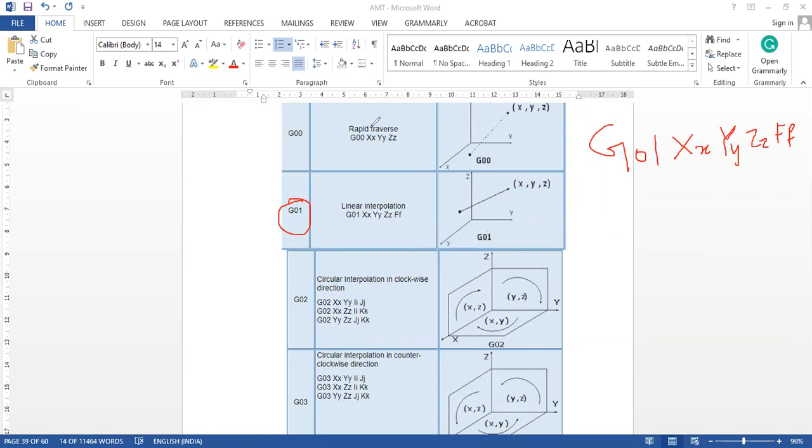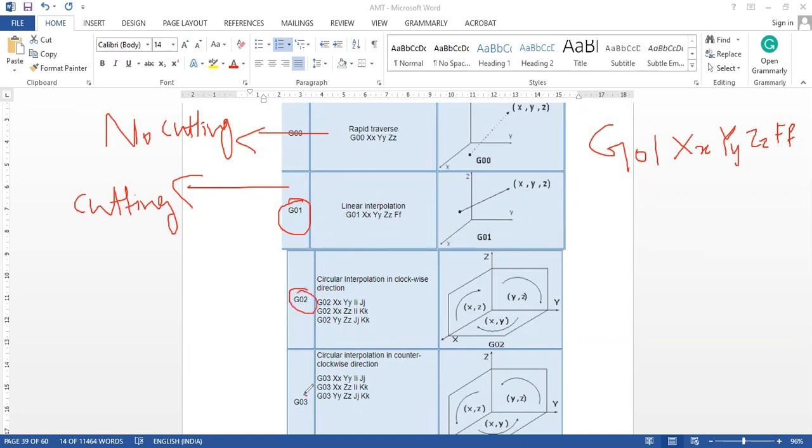That is G01. G00 means rapid traverse, that means no cutting, while G01 is cutting, so that's why you have to enter the feed value also. That is the second code.